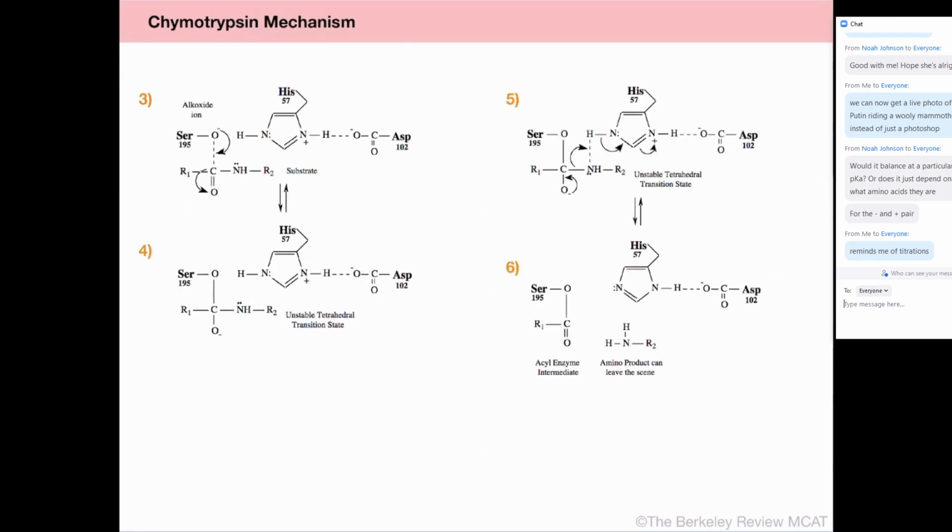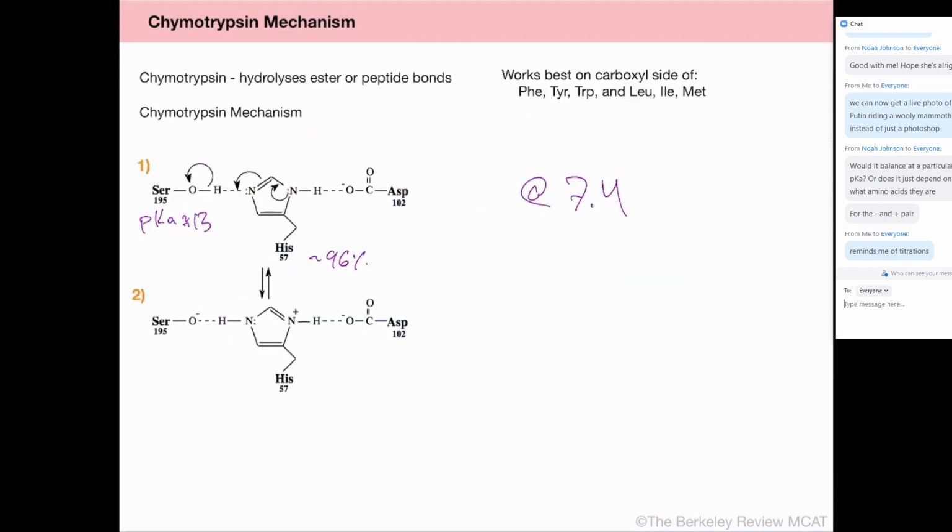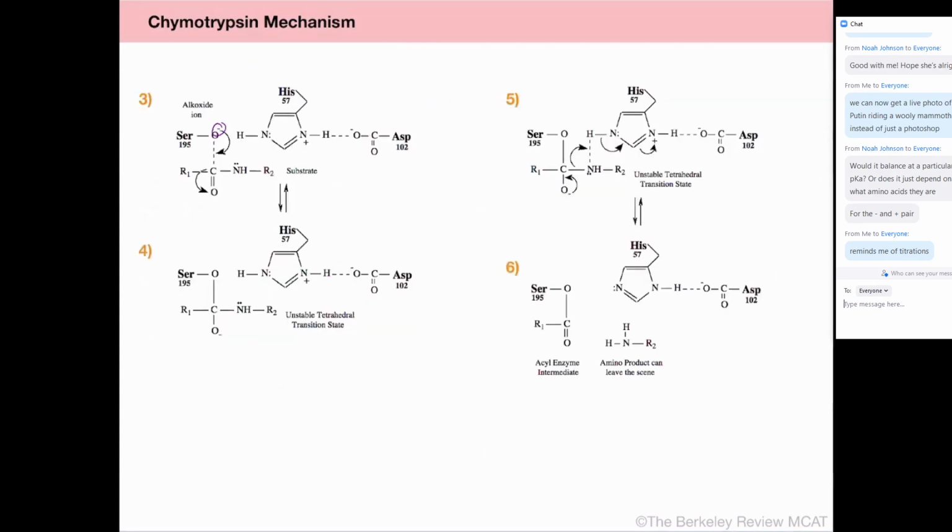Which we can see here, right? So you have this, and here's your substrate. In this case, let me go back one. Chymotrypsin hydrolyzes ester or peptide bonds, right? So you can see this amino acid right here. This substrate comes into the pocket,